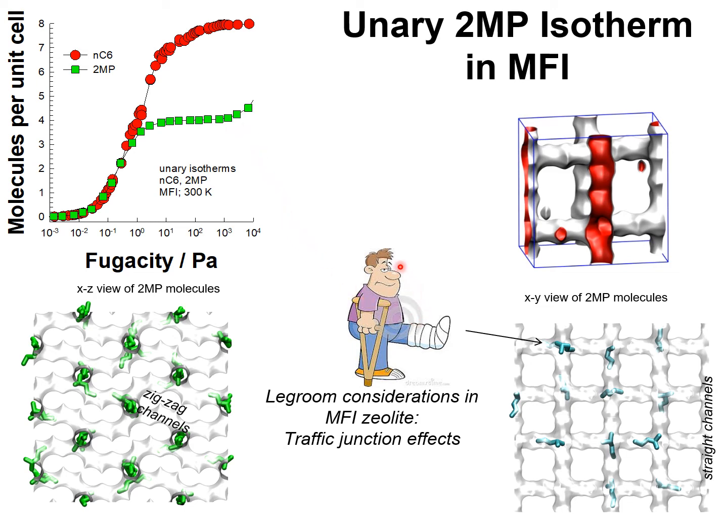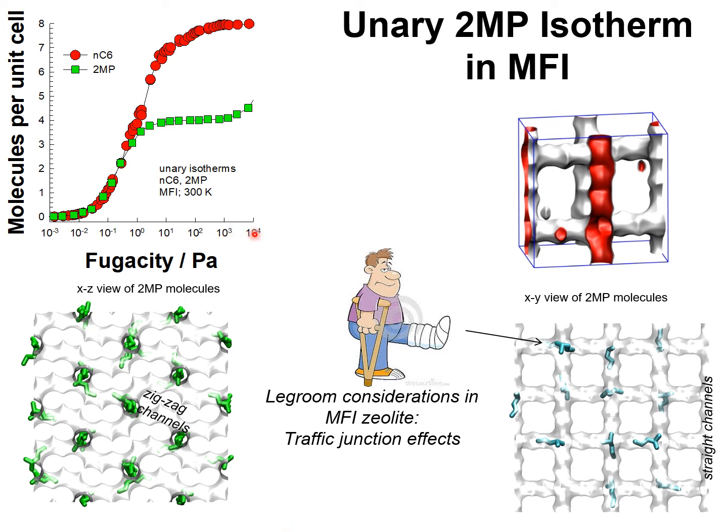This is because of the configurational penalty that is experienced by 2-methylpentane. It requires more legroom and it prefers to locate at the channel intersections, and an extra push is required to locate these 2MP molecules within the straight or zigzag channels,